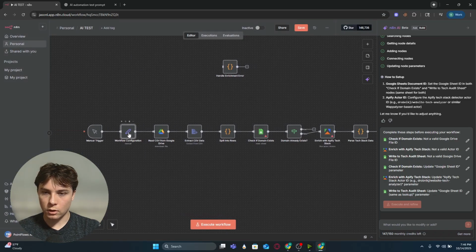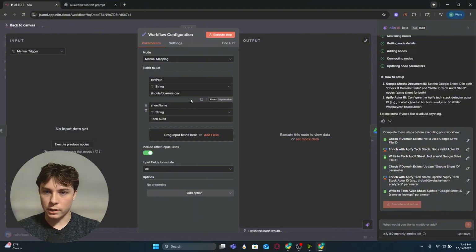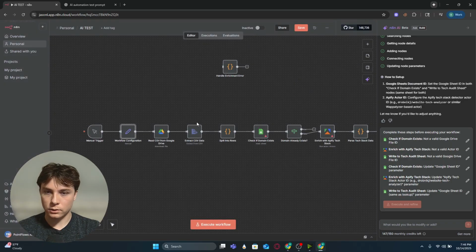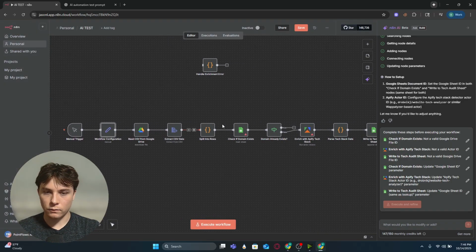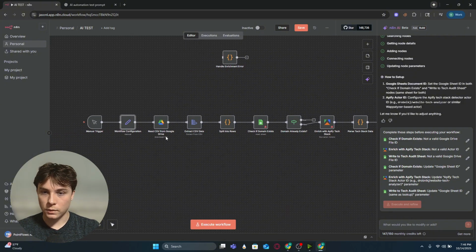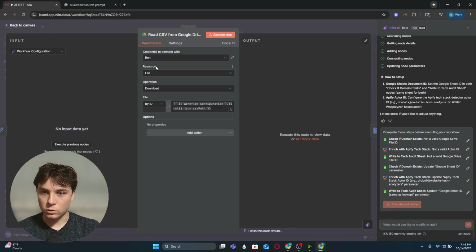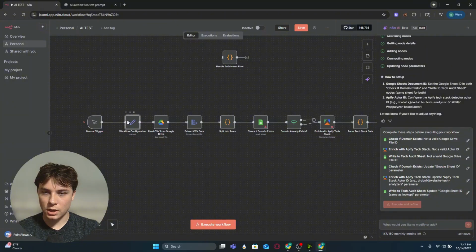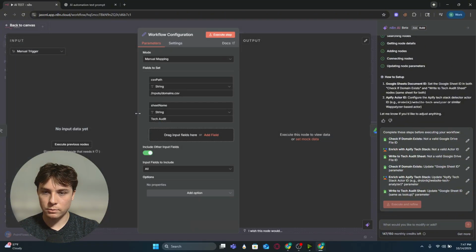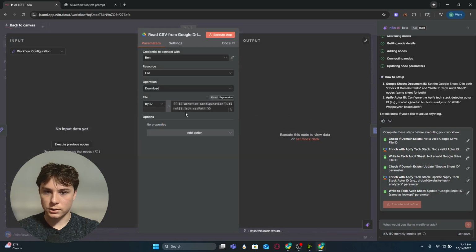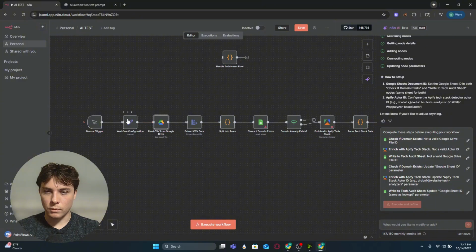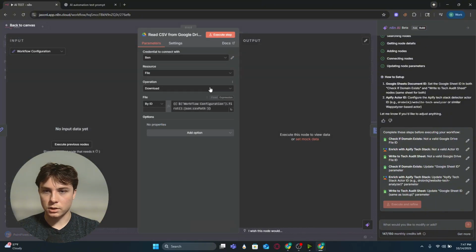It has the workflow configuration node again, where we're just gonna put in the sheet name and the CSV path. So you can manually put that in depending on what your actual CSV path is and your sheet name. And then it's gonna read the CSV from Google Drive. So by ID right here. And again, this is just coming from the workflow configuration node that they put in. So I would just put the path right here, and then that would input into here. If I wanted to, I would most likely just delete this node and then actually put in the path here